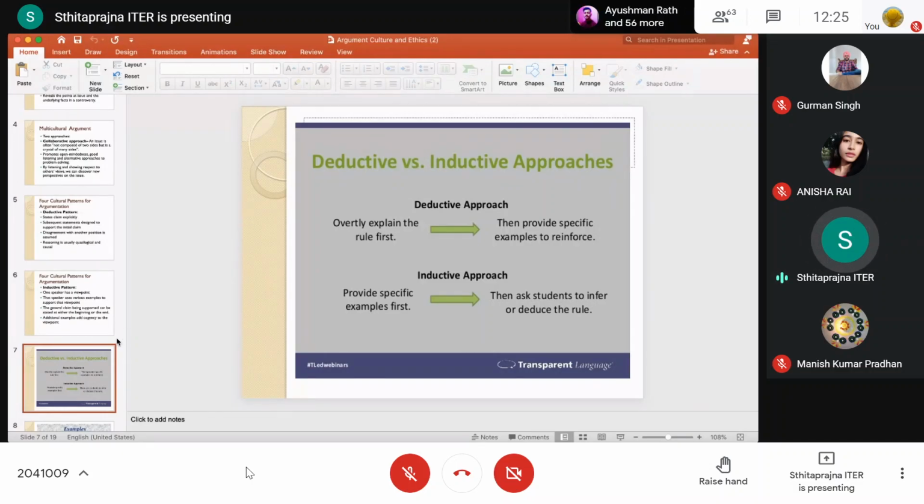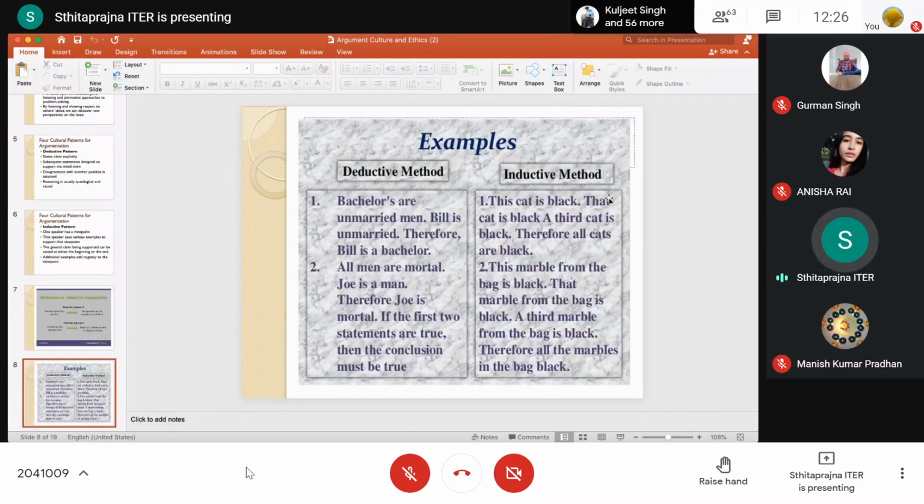So don't go by the jargon that's written here. Those are textual. To simplify it, the deductive pattern first gives you the rule and then provides examples. Inductive is the other way around, vice versa. You first provide a lot of examples, and then the audience deduces or infers the rule. Now, coming to the example,